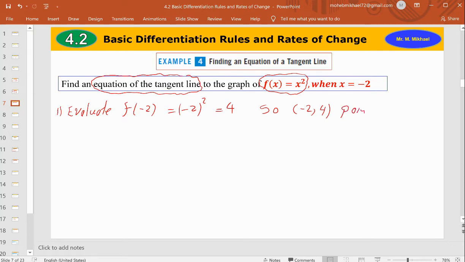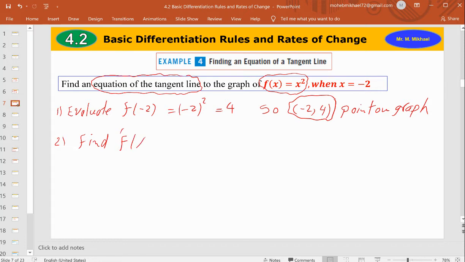That's a point on the graph of the function. That's good. So what do I need, guys? I need the slope of the tangent line. How do I find the slope of the tangent line? Step number 2, by finding the derivative. So step number 2, let's find